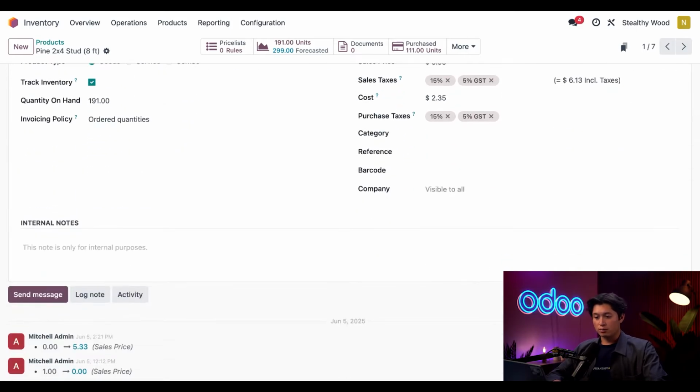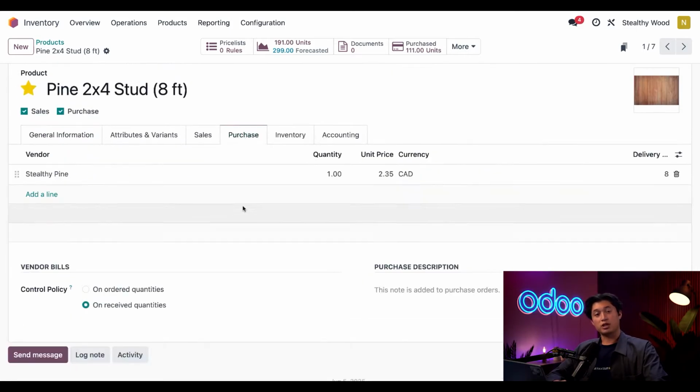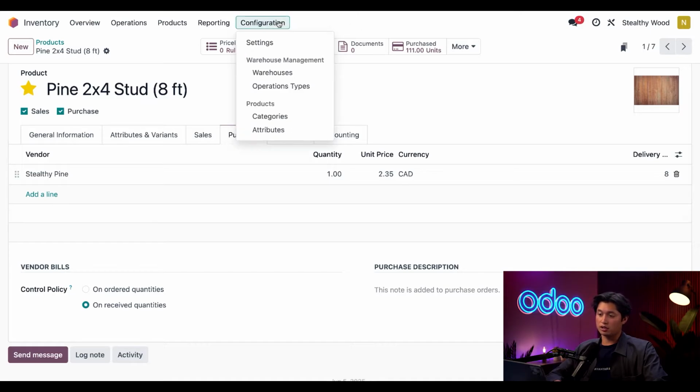Then we can switch over to the Purchase tab here, and we can also see that the vendor is set to Stealthy Pine, and we also have the unit price and delivery lead time set, so these values automatically populate on the purchase order. Next, we'll check out our warehouses, and we'll just click Configuration at the top, followed by,